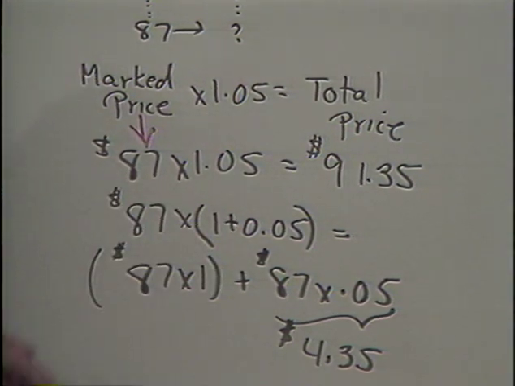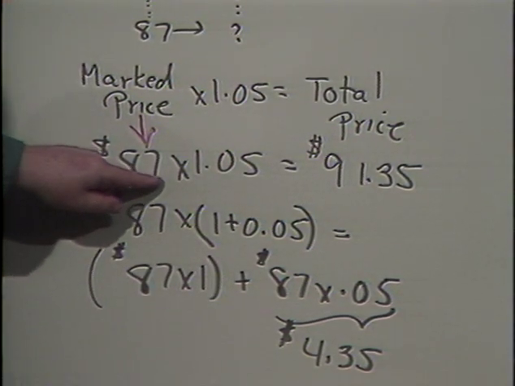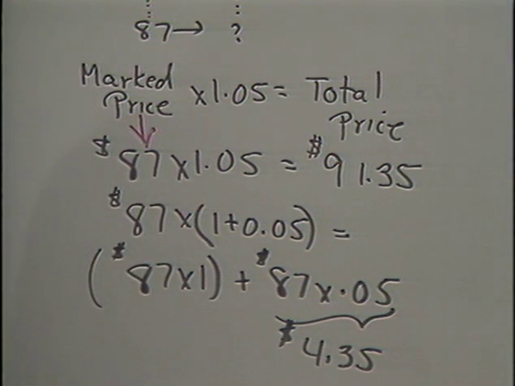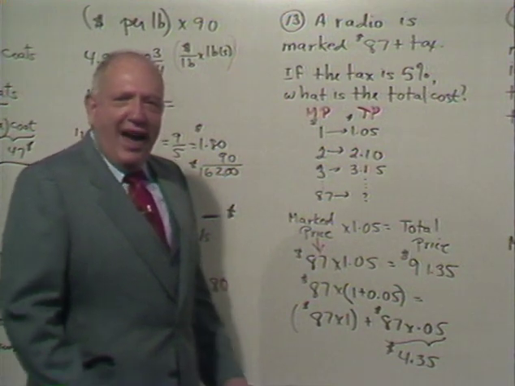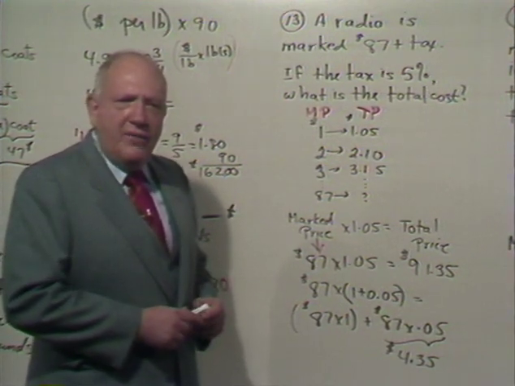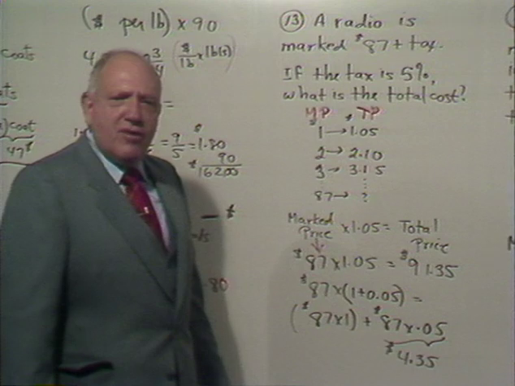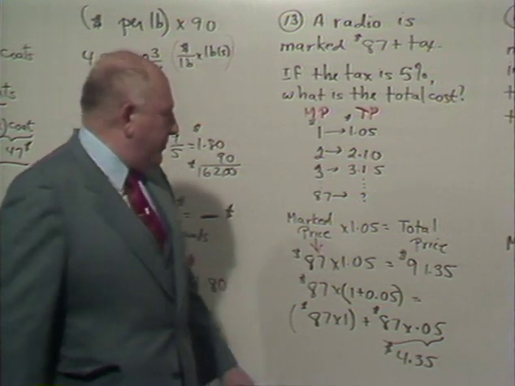Some people say, couldn't you have taken the 5% tax first and then added it on to the $87? And the answer is, I did. Only I did it so smartly, you never even noticed it. I used the distributive property, and I forgot to tell you. Because you see,